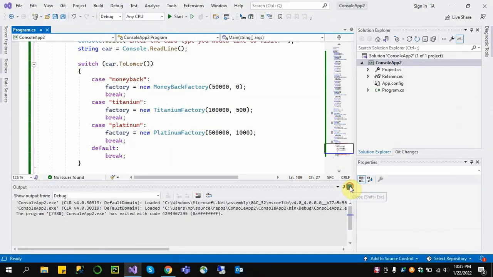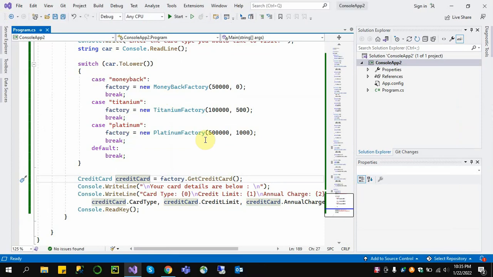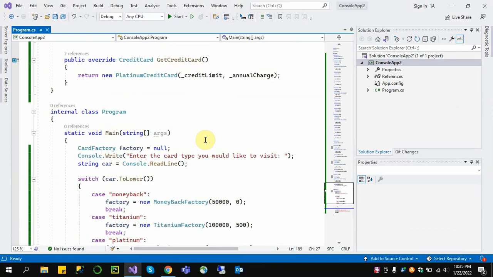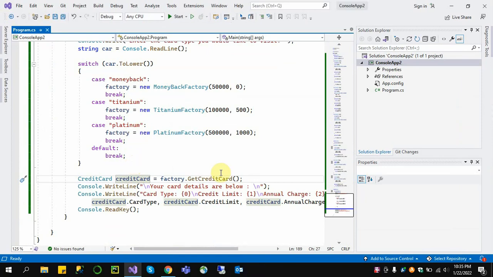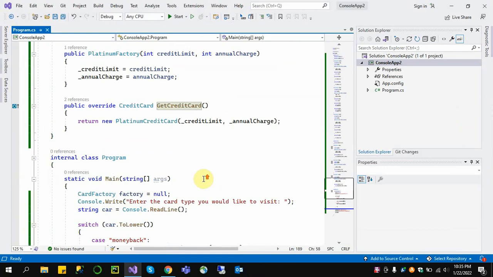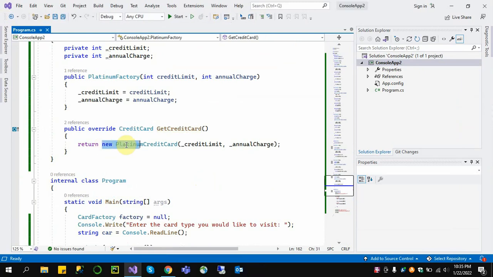So this is our credit card factory example, where we create thousands of objects without exposing their logic. We simply call the factory dot get credit card, which creates our new platinum credit card object.